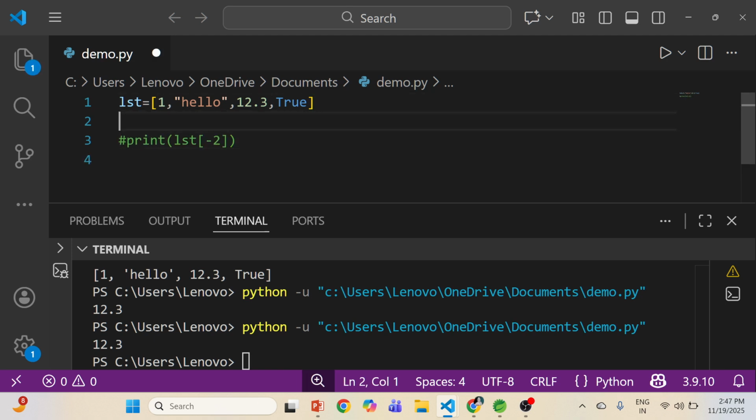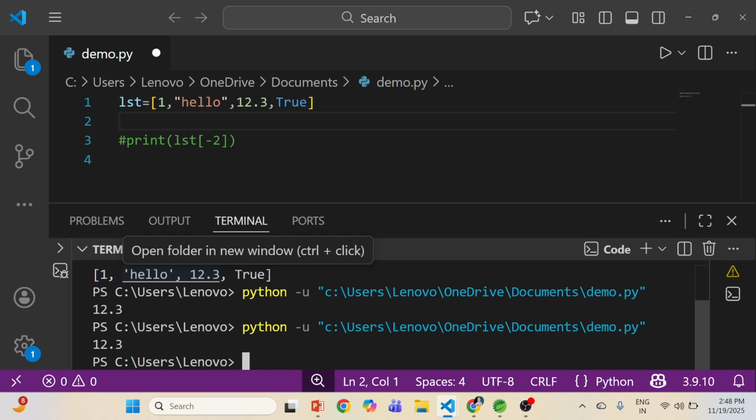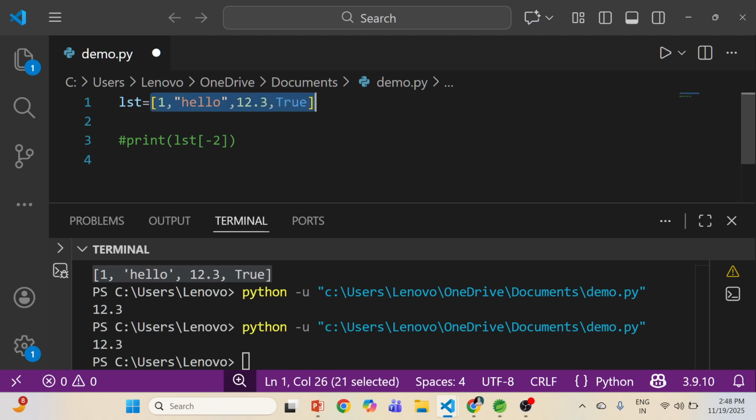Now what if I want to fetch all the values from the list at once? See, right now when I'm printing my list, I'm getting the values in the form of square bracket and comma separated. But I want each value to come one by one. Means I want one value on one line, the second value on the next line, like that. I don't want all the values in one single line with commas inside a square bracket. For that I will have to iterate this list.